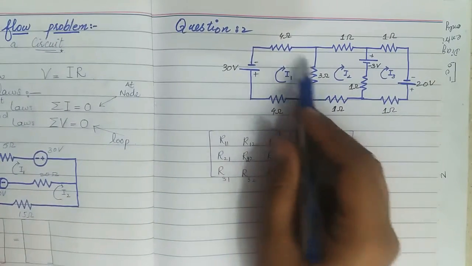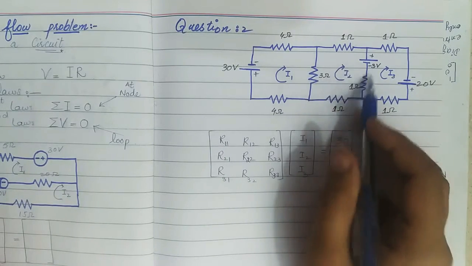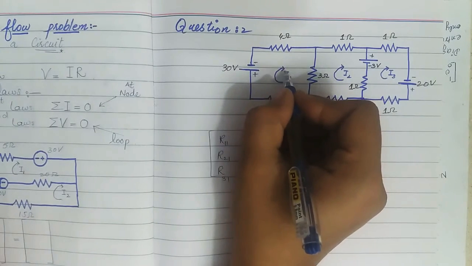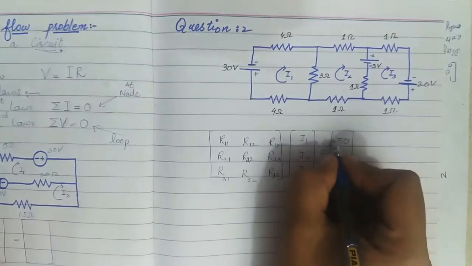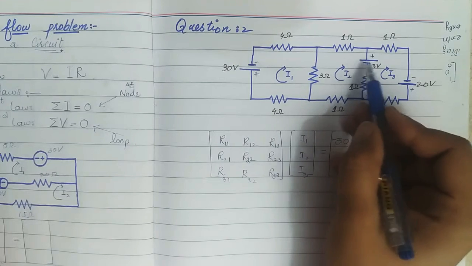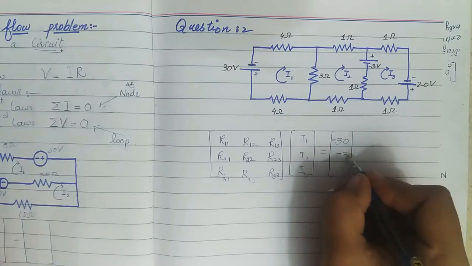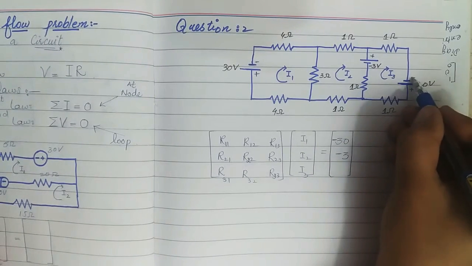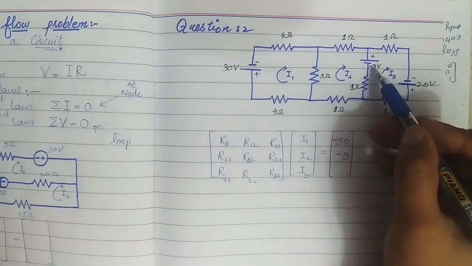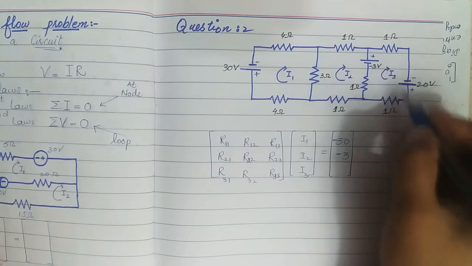Firstly, the total voltage in the first loop is 30. In the second circuit, there is only one battery attached. As we are moving in clockwise direction, this is from positive to negative, so this is minus 30. In the second circuit, there is only one battery attached, from positive to negative, so this is minus 3. And when we are talking about the third, there are two batteries attached, so the voltage is negative to positive, plus 3.